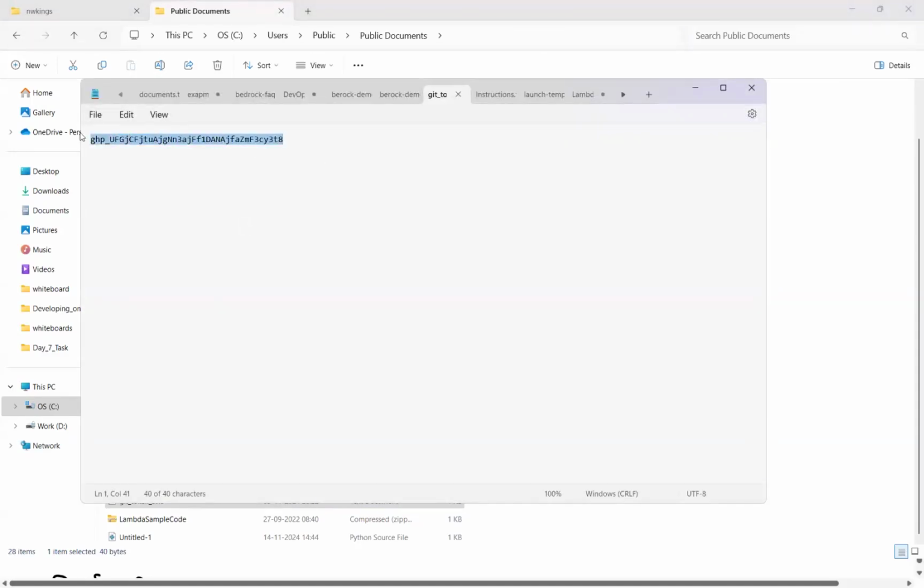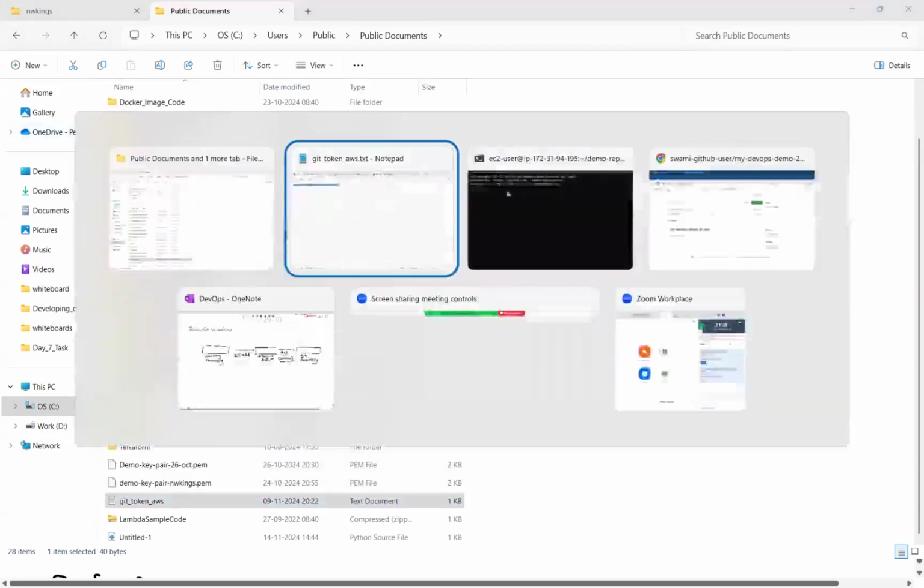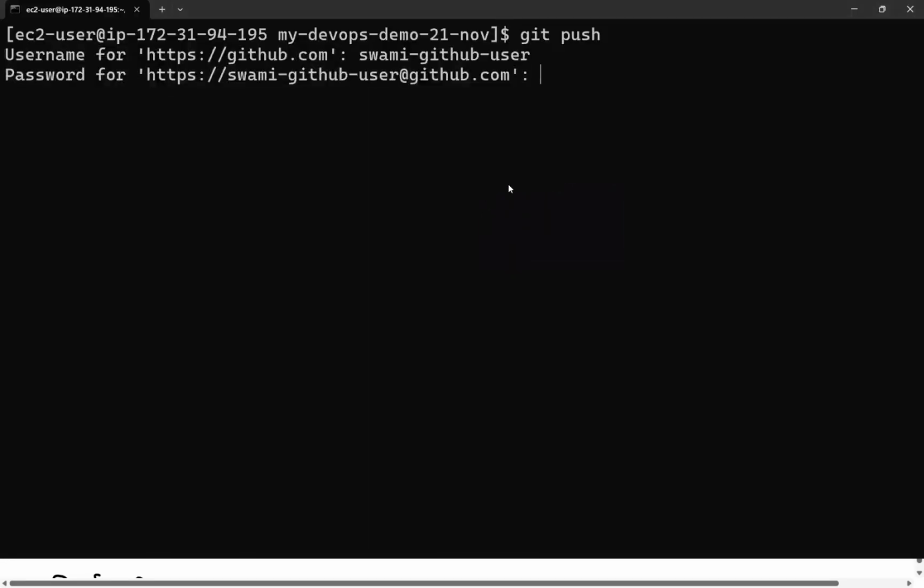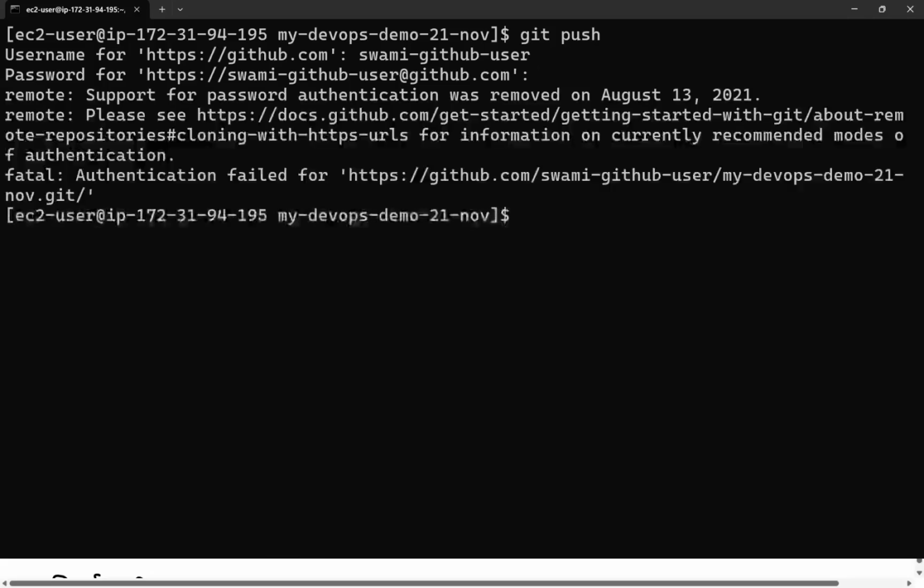I told you yesterday, make sure that you are using a valid token. Go back there, you have to paste it. Okay, authentication failed for... just a second.